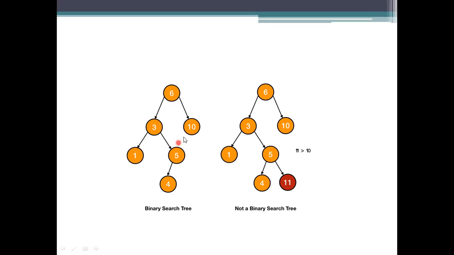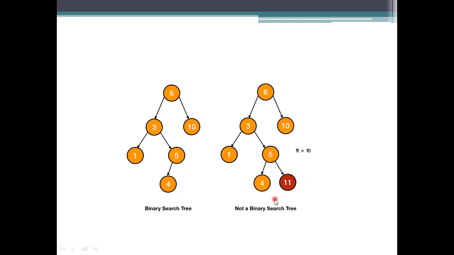What we have to see is whether the elements are placed based on the property. The elements at the left side, 1, 3, 4, 5, are surely less than 6, and on the right side, 10 is greater than 6. Okay, this is the binary search tree. And coming to the next one, we inserted an element which is 11.